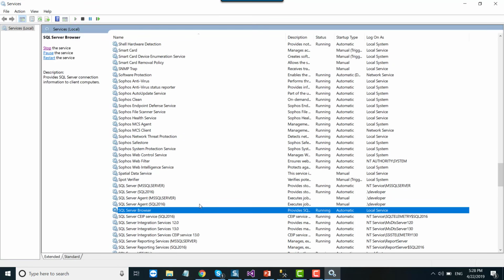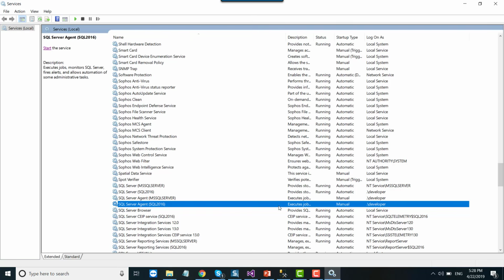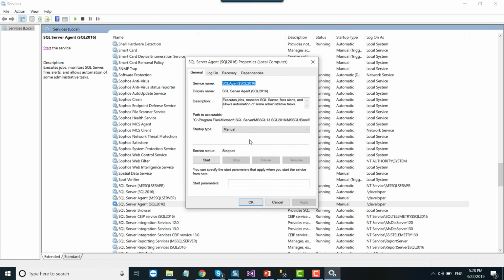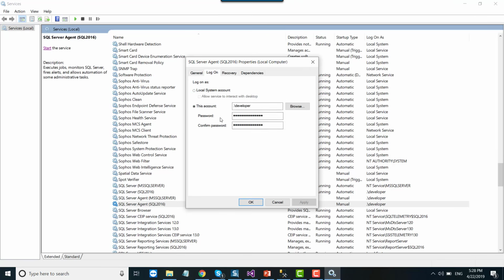Okay, the very important thing is the owner of the SQL Server agent job. So the owner should have proper rights on your file system or to the SQL server if it's interacting with the SQL server, or if it's fetching data from other systems, or even if it is creating files on your file system, then it should have the complete rights, full access on the machine. So you need to check the owner of this particular agent.